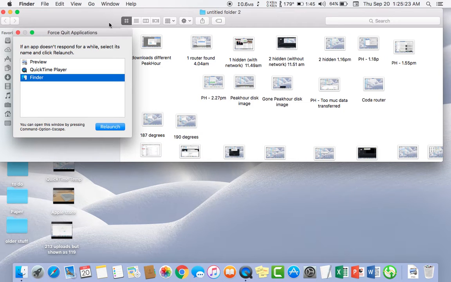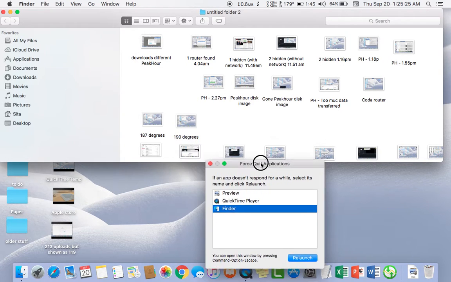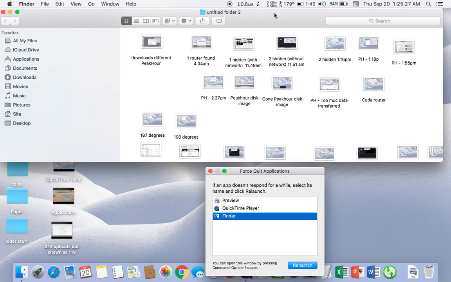179, 178. I've already documented using QuickTime. The computer goes up to 203 degrees. Anyways, 179 right now, and these are the things running. Okay, so